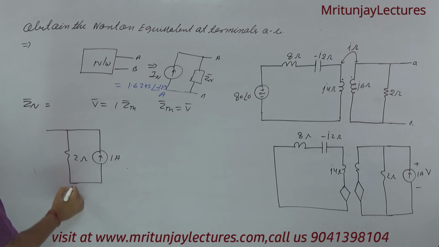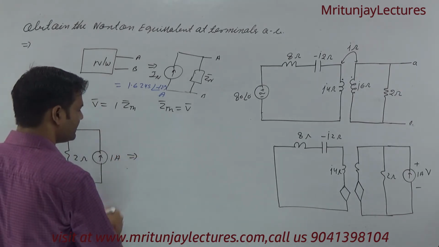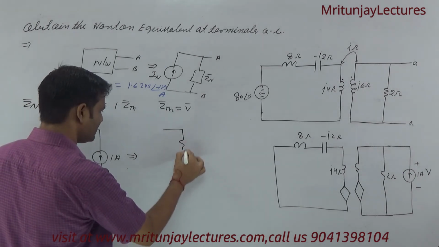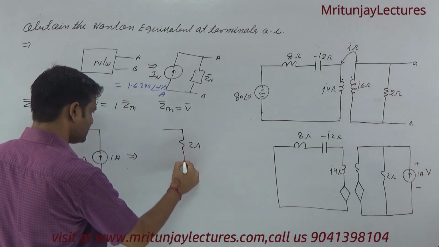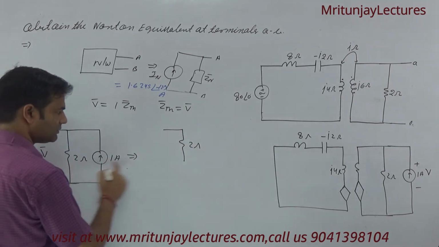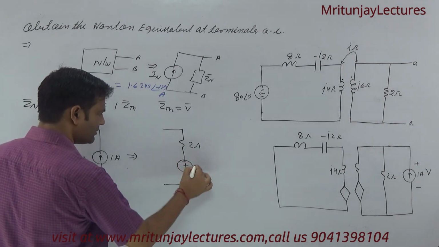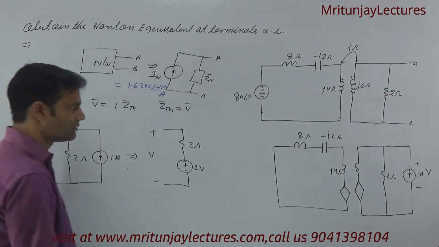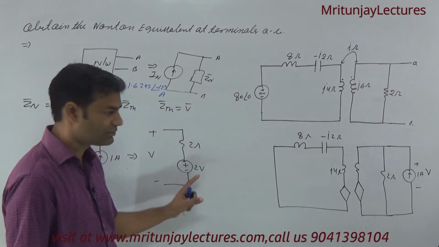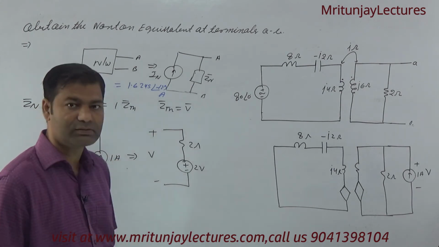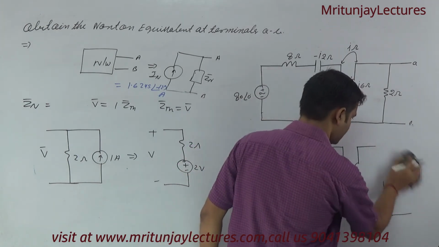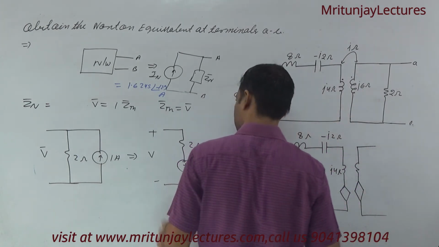Corresponding to this one is V. If this one is converted into a voltage source, then that is 2 ohm, and that is 2 into 1, plus minus 2 volt, and V this equal to 2 volt, because of the combination of this one and this one. Okay, so if this one is removed, finally it is written as